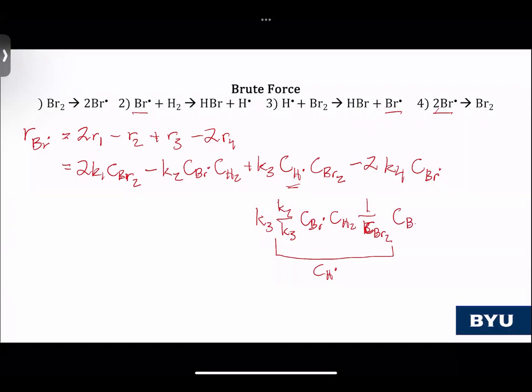And then I have my concentration of bromine, and we see this cancels out here, cancels out there, this cancels out, this cancels out. And so now I just have K2 C bromine, C hydrogen gas, and voila. So this whole expression here simplifies down to this expression. So I end up with 2K1 C bromine minus K2